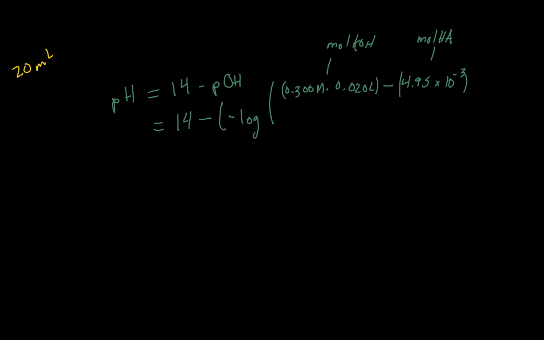Okay, and then we're going to again divide this over the total volume. And so the total volume, we started with 30 milliliters of acid. Okay, so there's that, and we're adding to that 20 milliliters of base. So that's going to be 0.020 liters, like that. All right. Okay, so this beast is going to give us